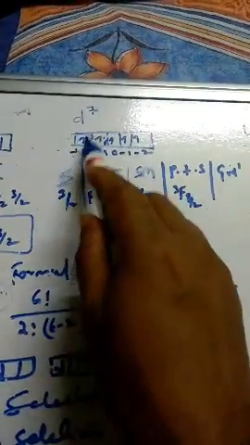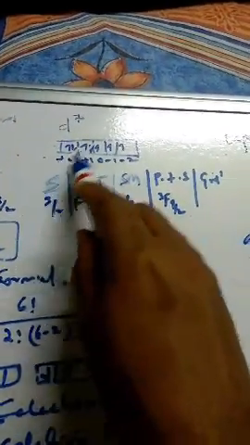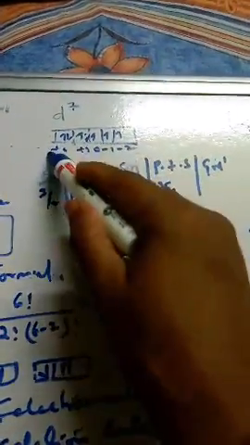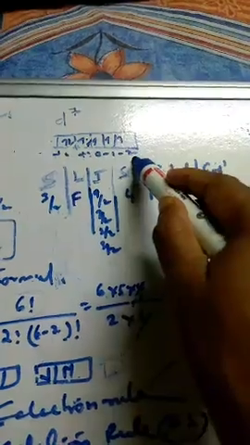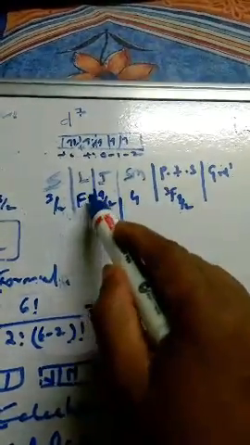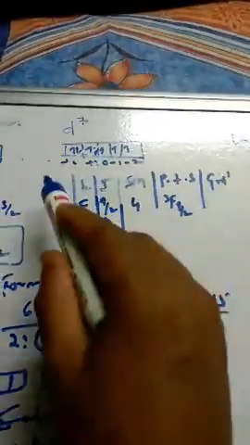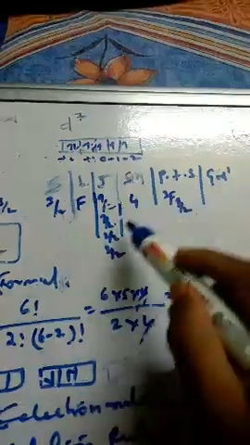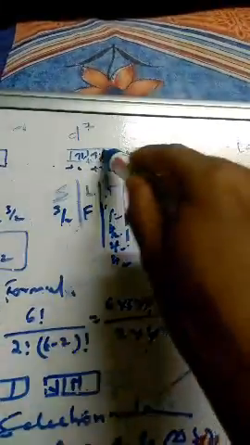L value: you can see here, 2 electrons are here. 2 twos are 4, plus 1 is 5, plus 1 is 6. Then 6 minus 3, so here 2 is there, here 1 is there, 3. So the L value becomes 3. 3 means what? F. So L will be F. Now what is the J value? Here L plus S, so 3 plus 3 by 2 is 9 by 2, minus 1 is 7 by 2, minus 1 is 5 by 2, minus 1 is 3 by 2. So there will be 4 J values for this d7 system.